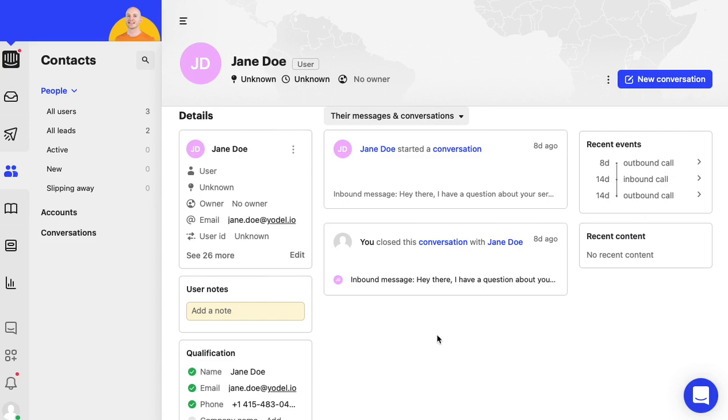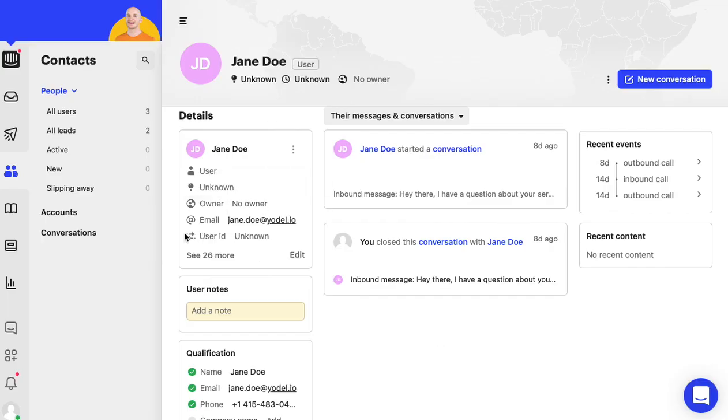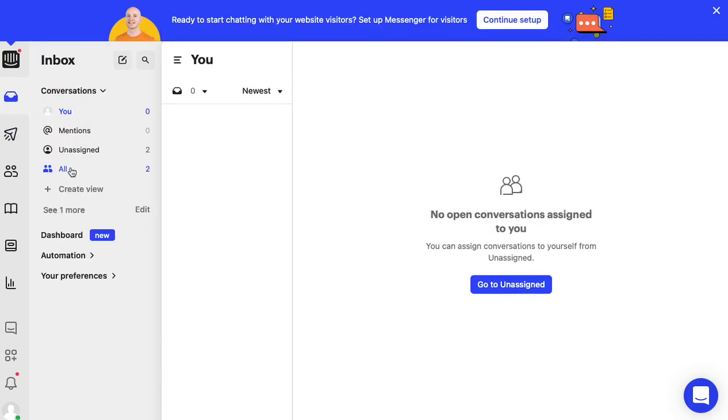You're also able to send and receive text messages via Intercom. First, I will show you how to send an outbound text message. You can find the Intercom text messaging feature in Conversations. Open a conversation,